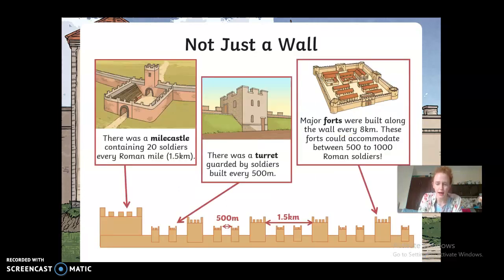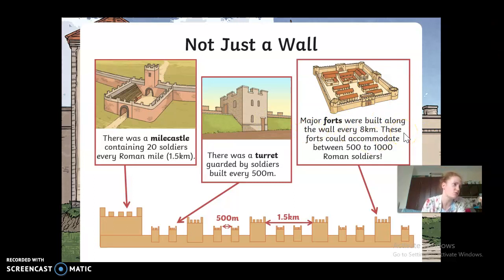Right, then the actual PowerPoint takes you through the features of the wall. There was a mile castle containing 20 soldiers every Roman mile. So every 1.5 kilometers, there was this little mile castle. And then there was a turret guarded by soldiers, and that was built every 500 meters. Imagine 500 meters is maybe the width of the quad in our school. And then we had major forts that were built along the wall every 8 kilometers, as if